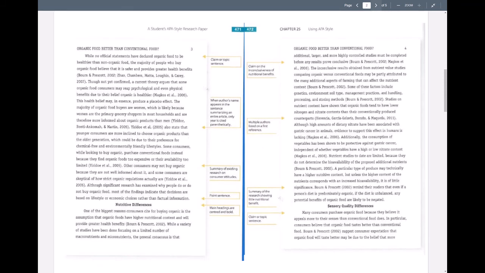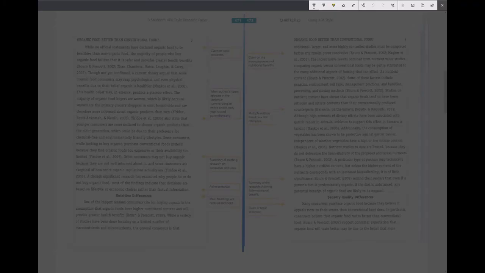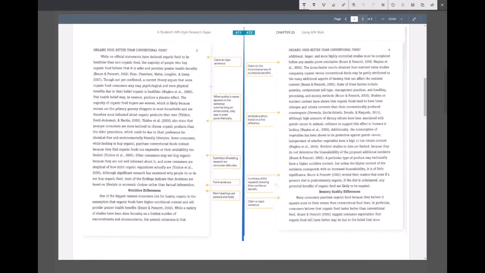So after introducing the facts, when you read the sample paper, you can see what each part is doing in a bit more detail. This section is the opposing viewpoint or argument.